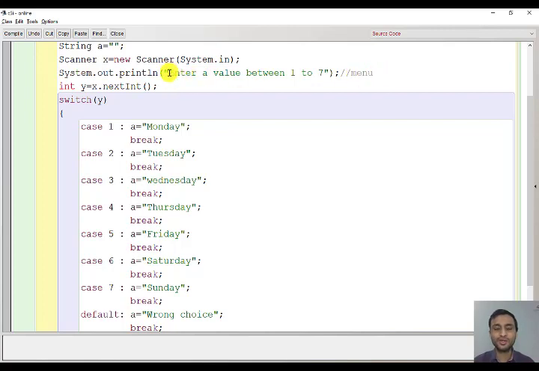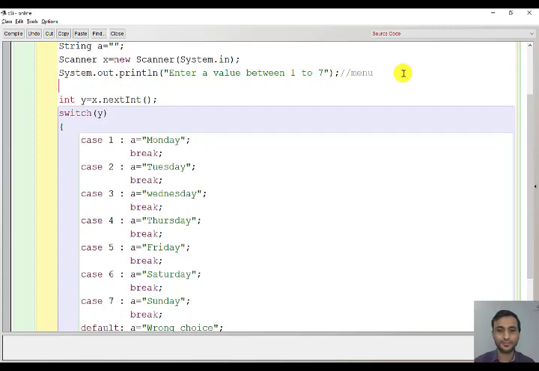So you can also expand this menu by printing system.out.println. You should write like this: 1 for Monday, so that user knows that if he enters 1, it is talking about Monday.